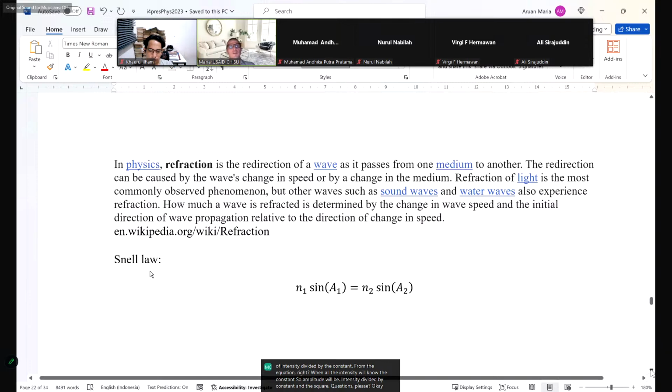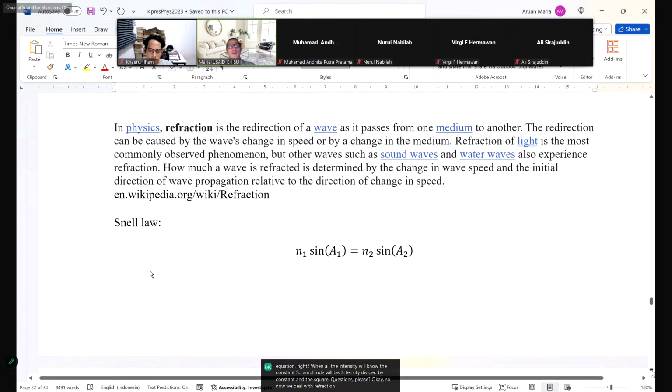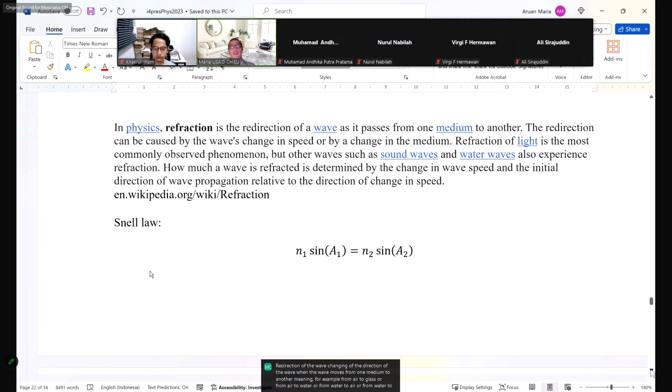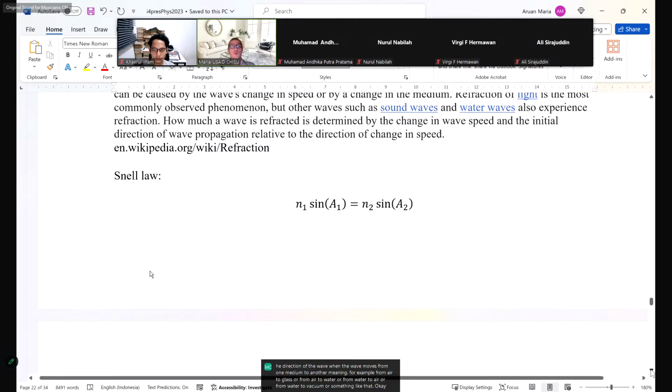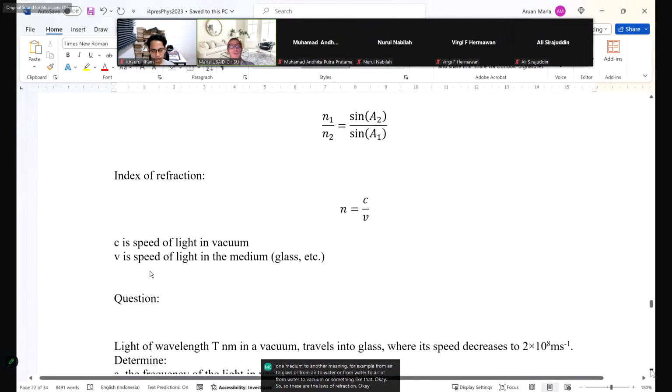Okay. So now we deal with refraction. Refraction is basically the redirection of the wave, the changing of the direction of the wave when the wave moves from one medium to another medium. For example, from air to glass, or from air to water, or from water to air, or from water to vacuum, or something like that. Okay. So these are the laws of refraction. And the question asks,